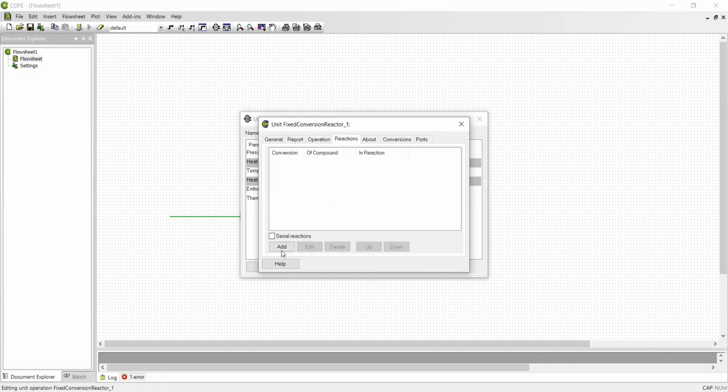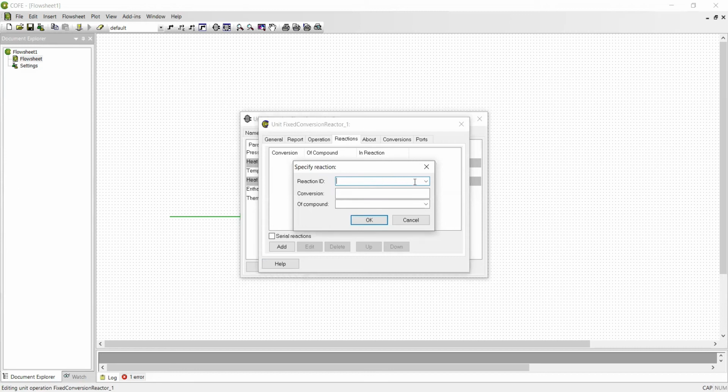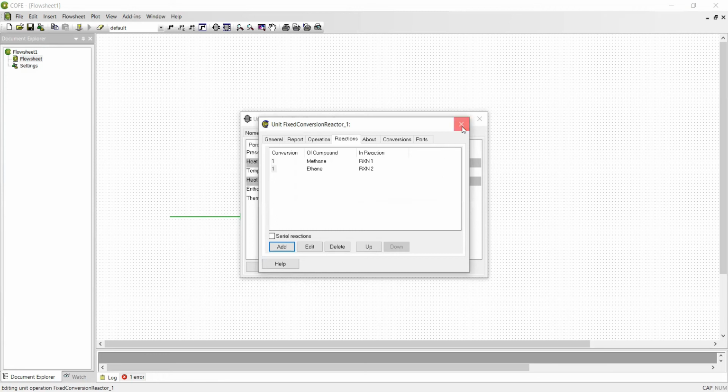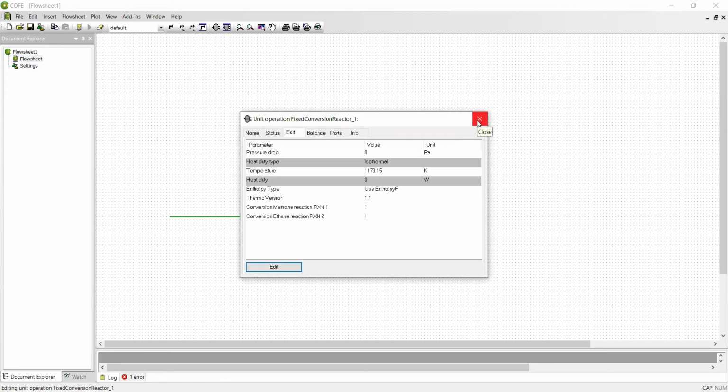And then because I have a reaction, I'm going to add my reaction. Reaction ID, the first reaction, and the conversion is 1. And then the compound that I'm going to take is methane. And then add again for reaction 2, conversion of 1, and then of compound ethane. So then put K and then X, and then also